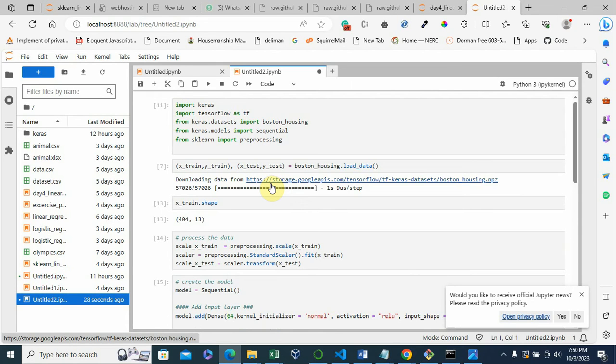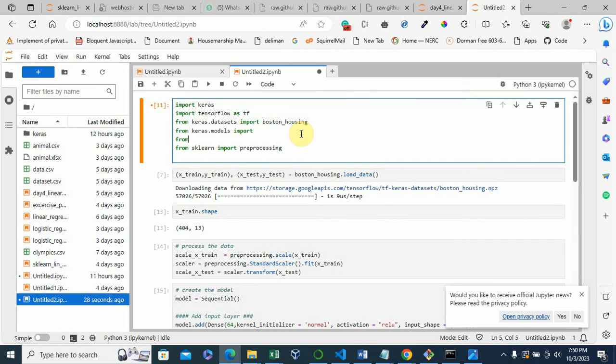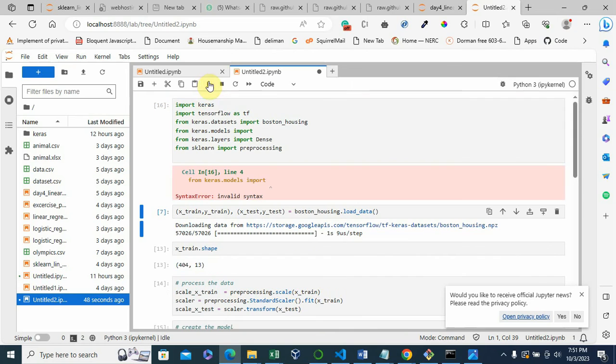So from keras.layers import Dense. Okay, so we import Dense. Invalid syntax.